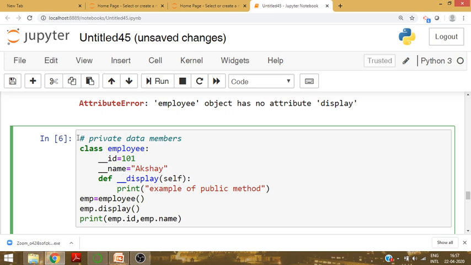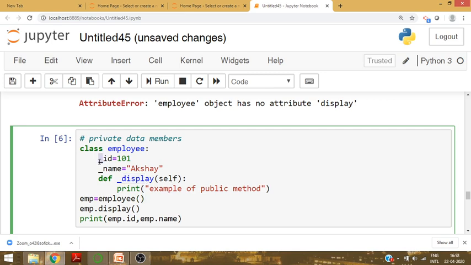Okay, same example for protected. Here instead of double underscore, write single underscore. If you write simple id, name and display, that is a public data member. If you write double underscore before the variable name or function name, it becomes a private data member.